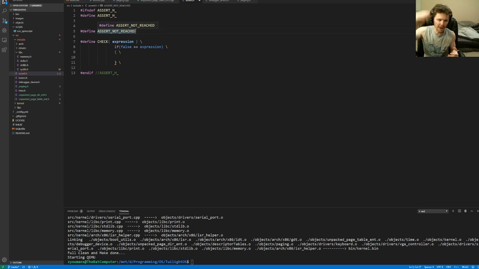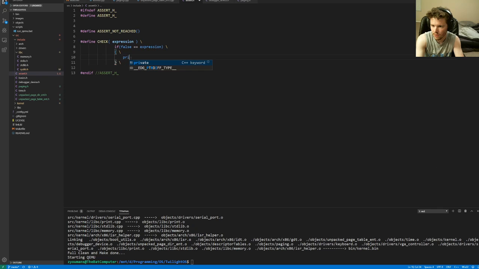So if you had a bunch of different return statements and you weren't able to get to one, I mean that might not actually be allowed. But if you get to the end of something and you hit an assert not reached, then you'll know you got somewhere you weren't intended to ever get to. A switch, that's a good place for it. If you didn't hit any of your cases, that'd be a good place for it. And then the idea here is that we